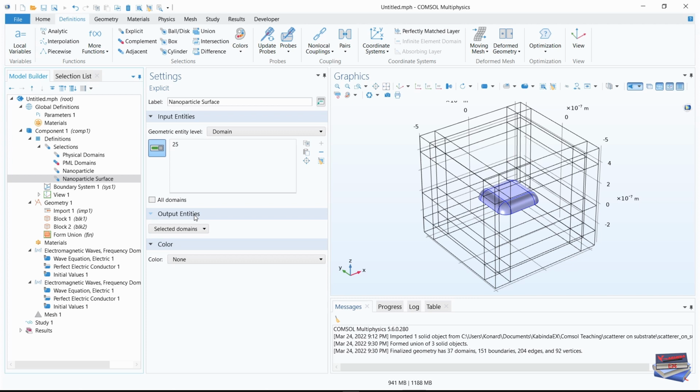So output entities, of course we need to change this, and we have to make this boundaries. Okay,